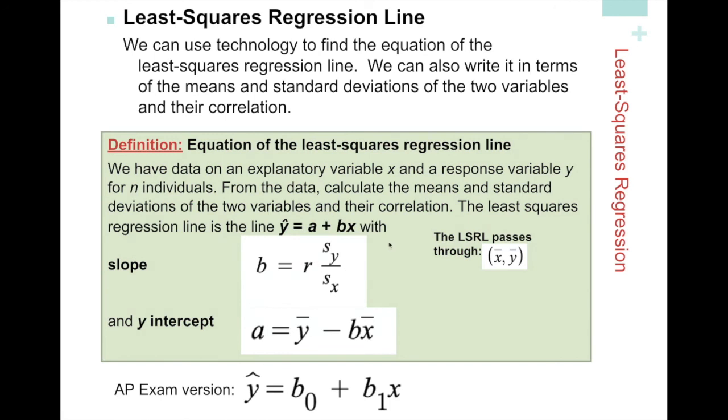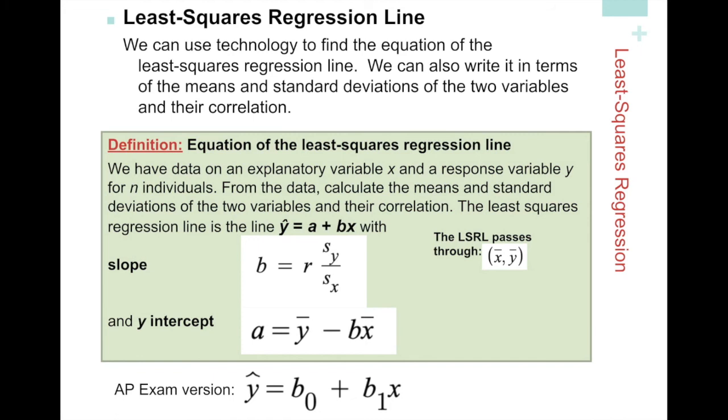Do you remember what R is from section 1? R is correlation. And remember when I was teaching you R and how to interpret R, if R was positive, the slope of the dots went upward. If R was negative, the slope of the dots went downward. But remember I warned you, I said R is correlation, and correlation is not exactly equal to slope. So R is not the slope, but R is closely related to slope, because if you look at B equals R, they're very closely related. R is just adjusted by the ratio of SY over SX, the standard deviation of Y over the standard deviation